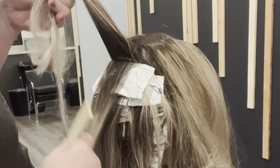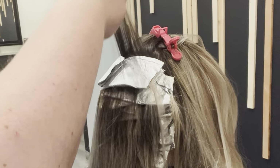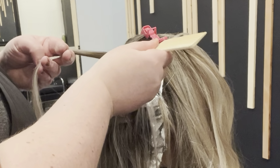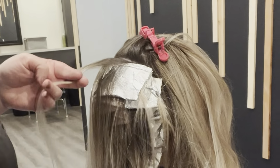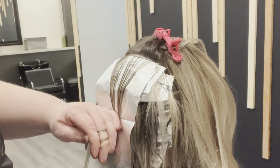And then here you're going to see that I'm really starting to take much smaller subsections. That subsection is basically right on top of that last foil. So now that we're getting up closer to the crown of the head where she wants to be,